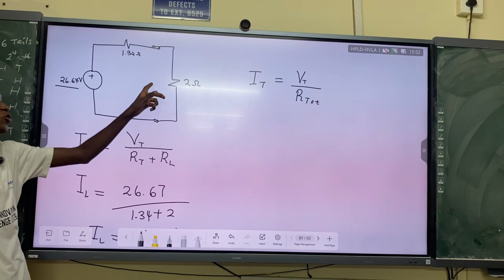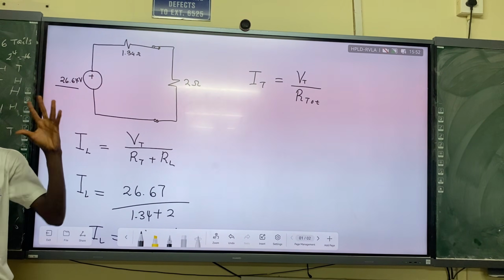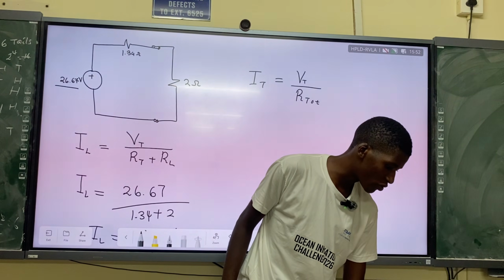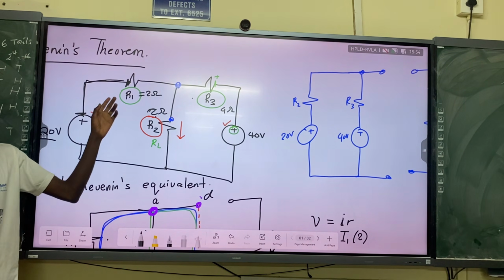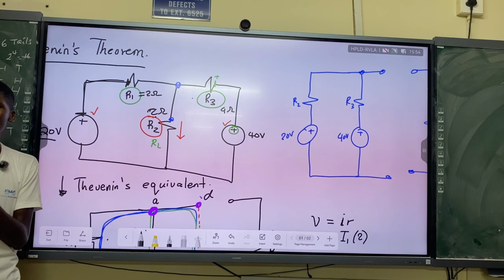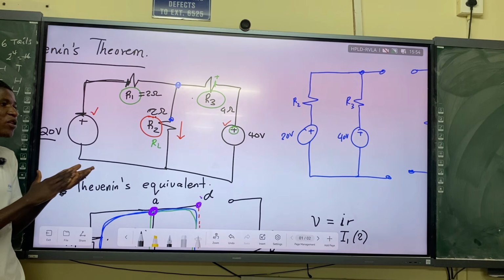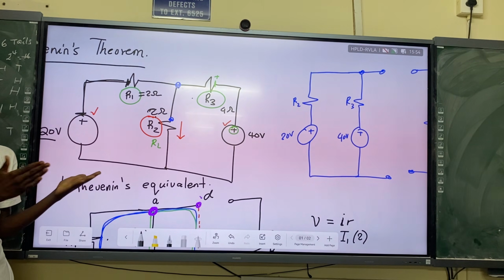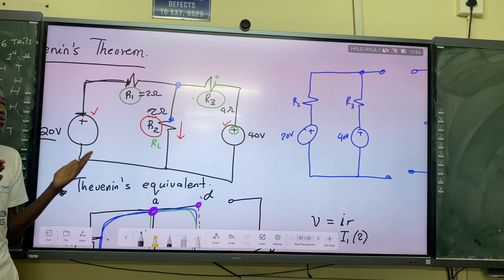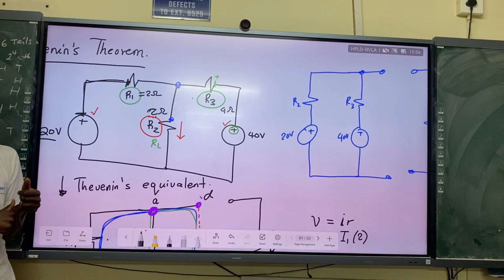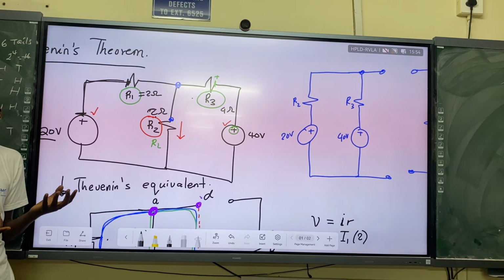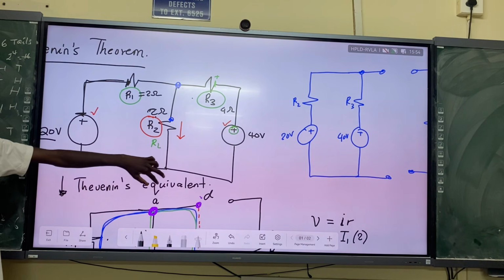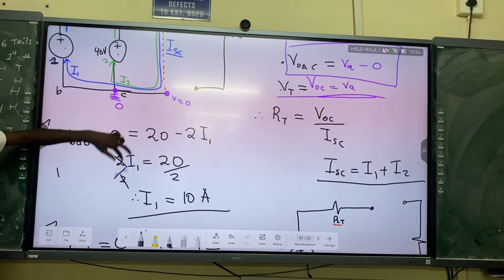So we've been able to reduce our circuit to a smaller Thevenin's equivalent. There are simple methods to solve this, to always confirm your answer. So if you still do your Thevenin's and you are not sure, use another method you have learned. We know Kirchhoff's current law and Kirchhoff's voltage law by now. Try to test them out and see whether we can get the same thing using Thevenin's theorem.